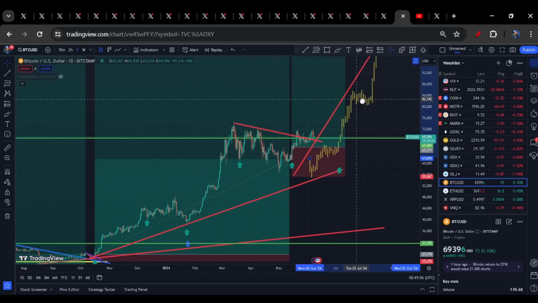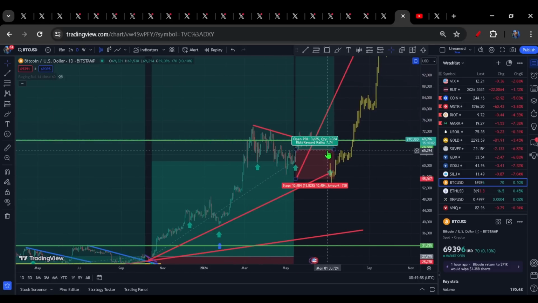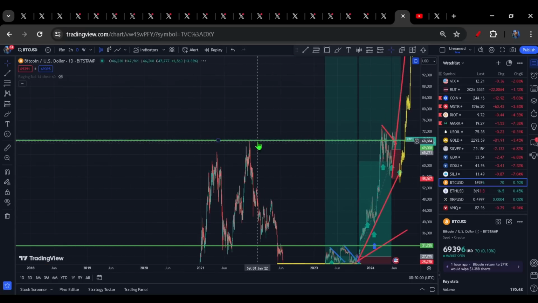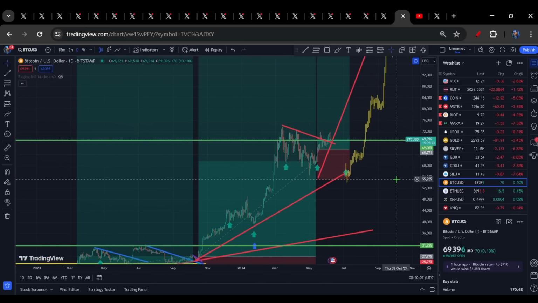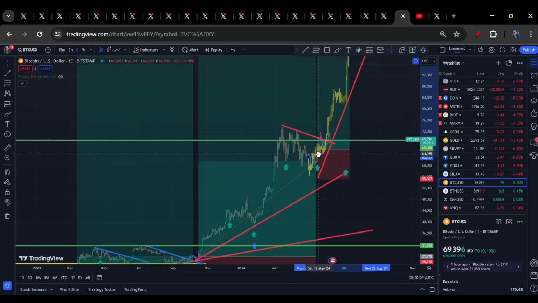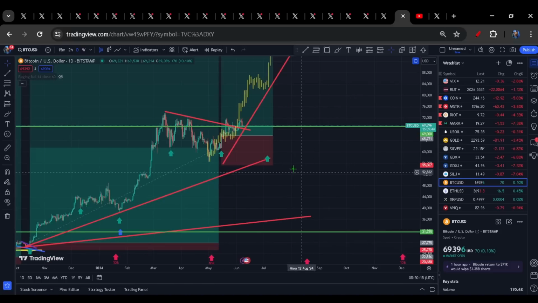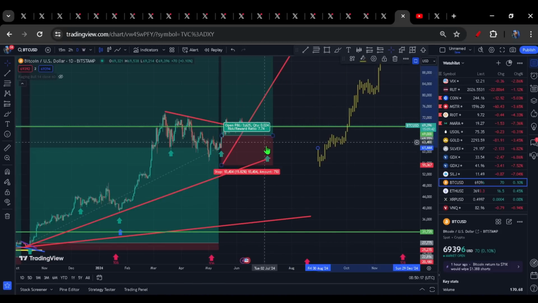But wholly speaking, if I move this fractal out the way, we are still holding above the green area for now. And that green area is this prior high from back here. We are still largely speaking to this consolidation, still largely looking for a third and final angle to come in. Whether it comes in sooner or later is to be determined. The more time we spend chopping around and not doing much, the more I'm leaning on a balance of probabilities that we might have to actually roll over into that next daily cycle low.